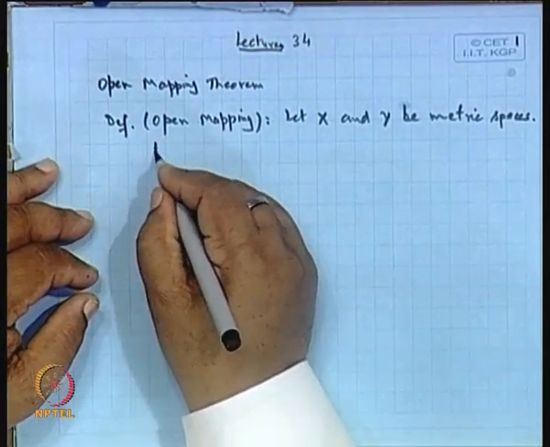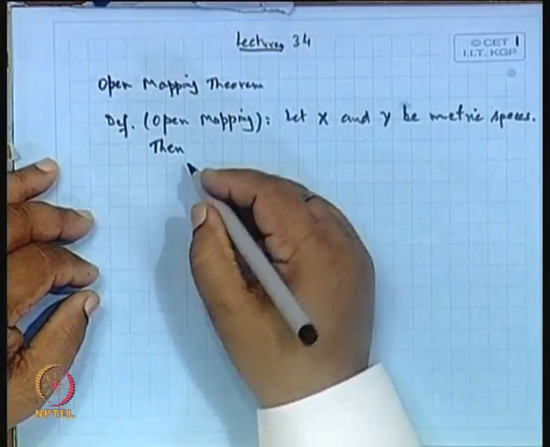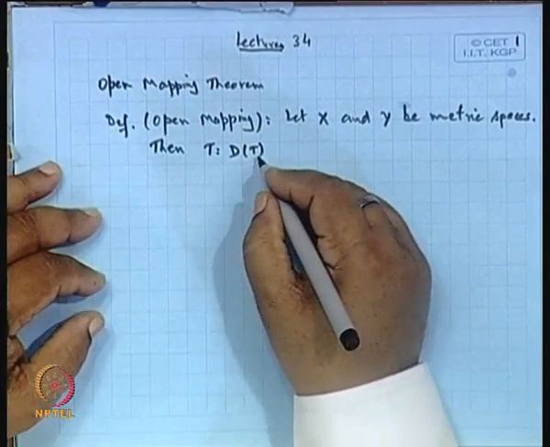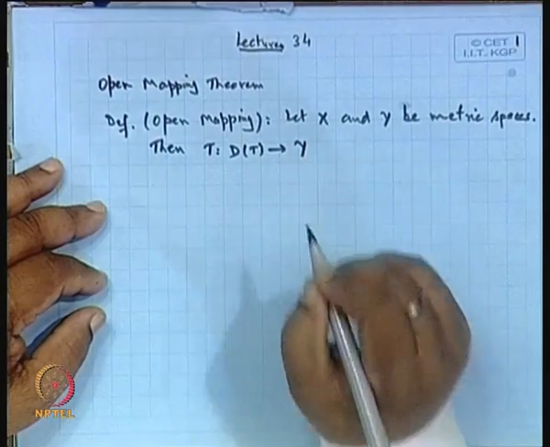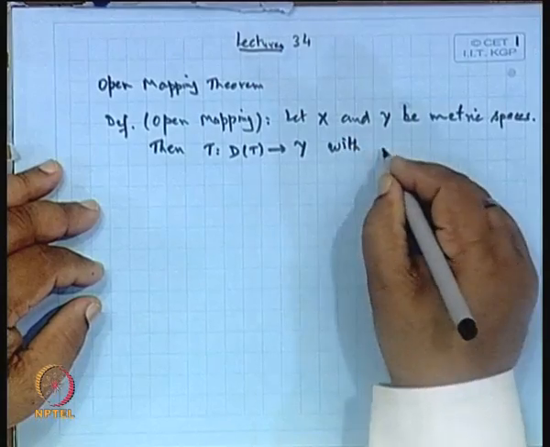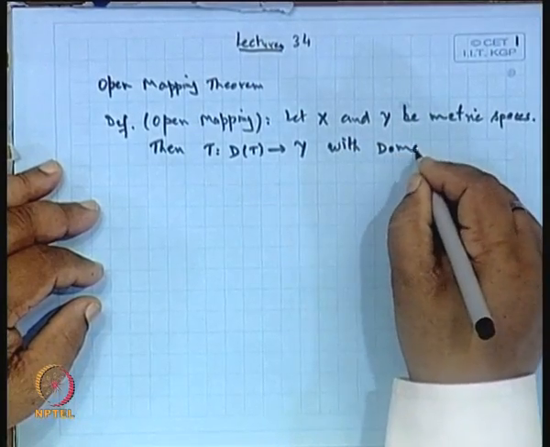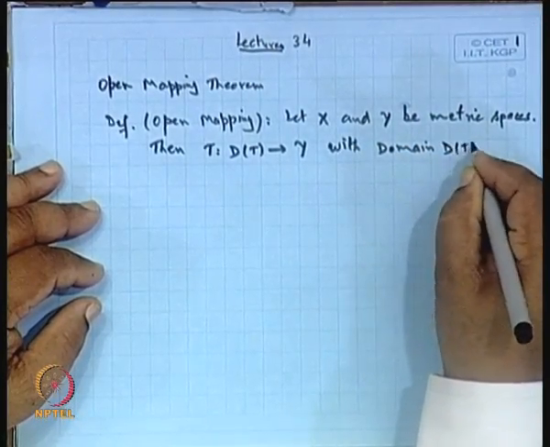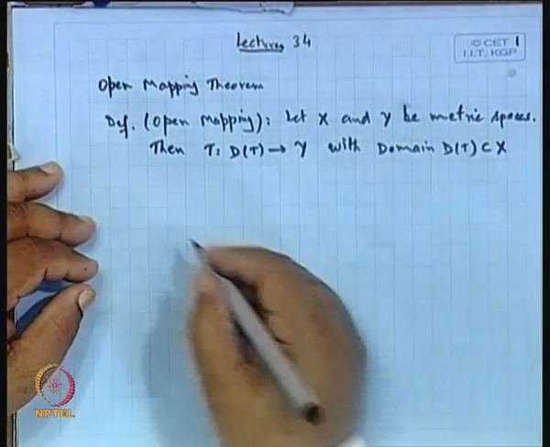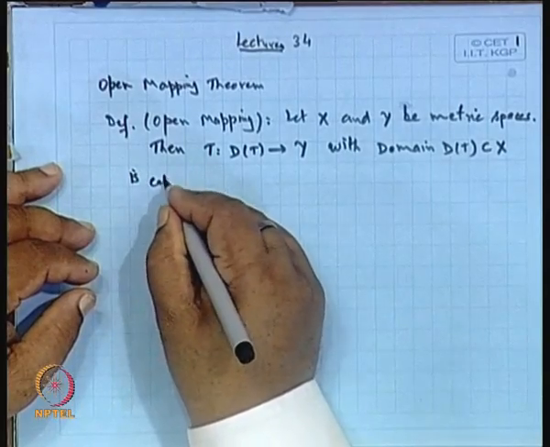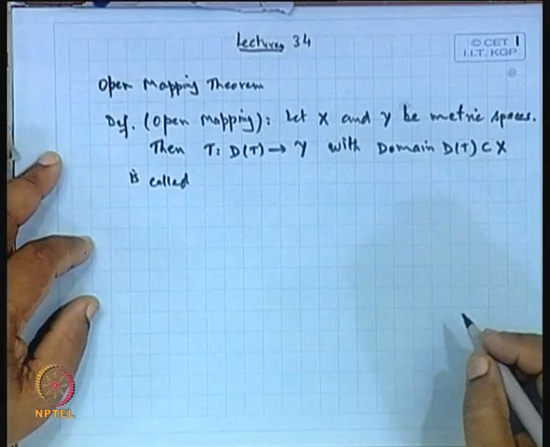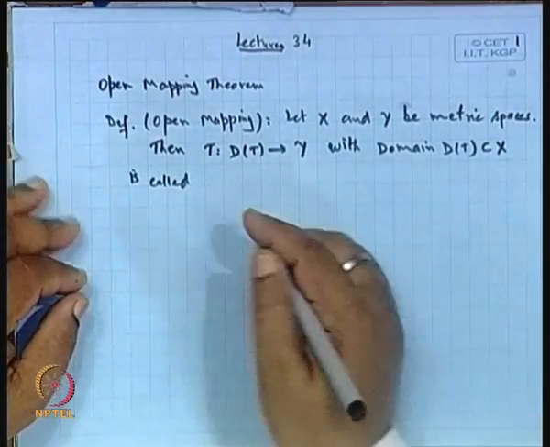Then an operator T from the domain D(T) to Y, with domain D(T) contained in X, is called an open mapping